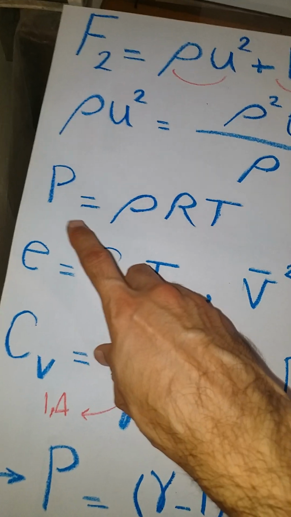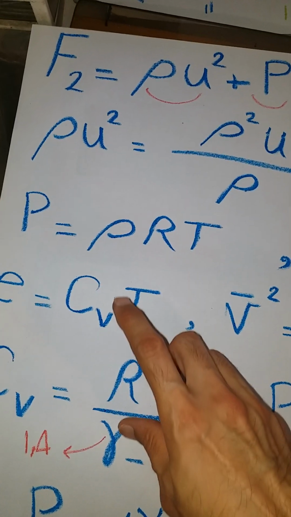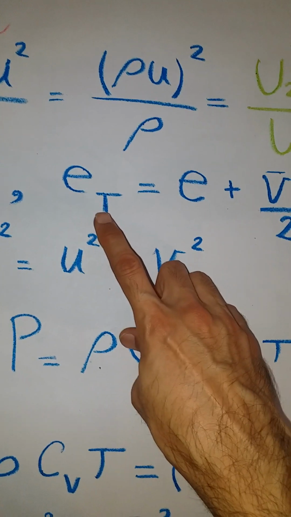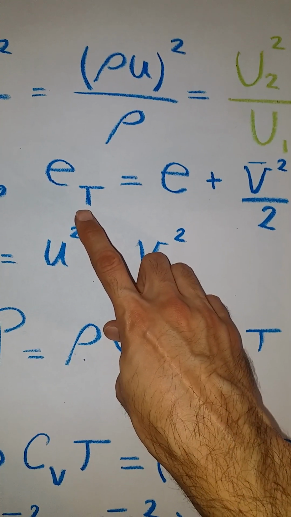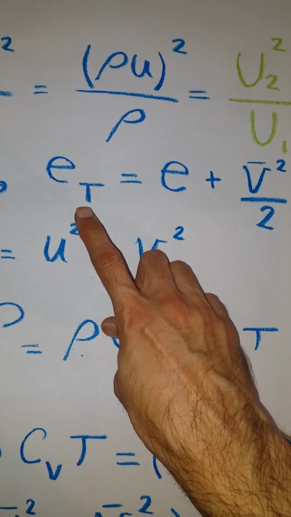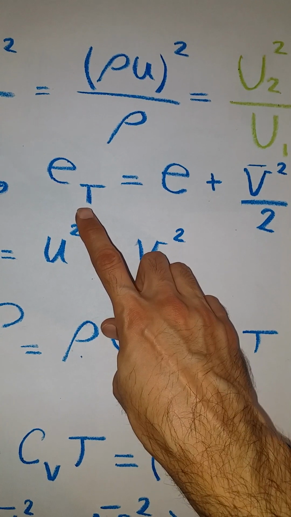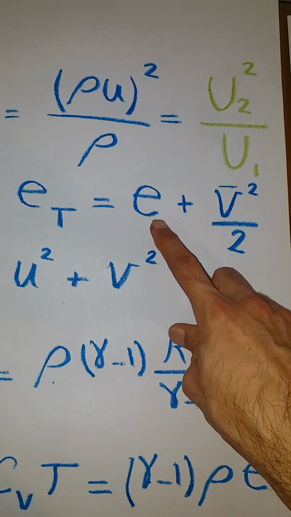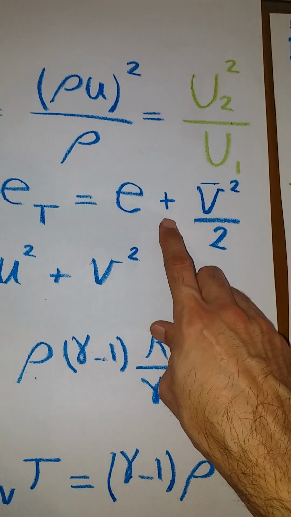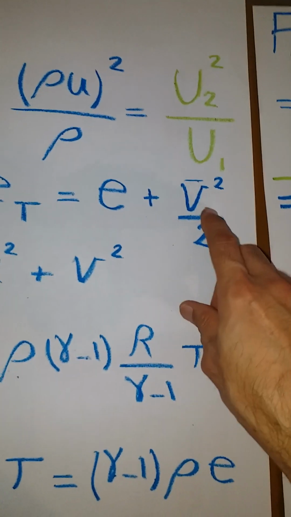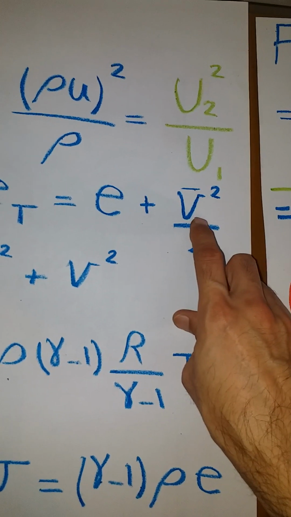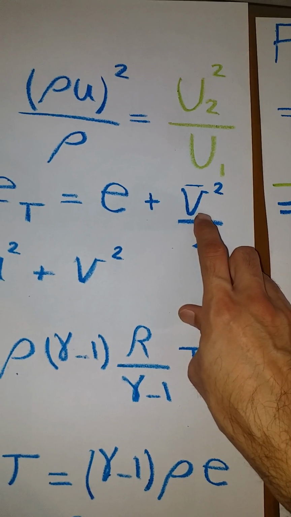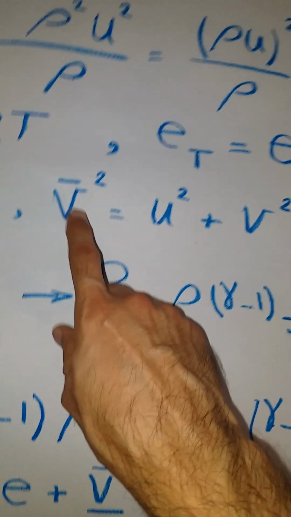Okay, as you know, pressure with ideal gas law is rho RT, and again from thermodynamics, as you know, the total energy content of a fluid element is the internal energy of that fluid element plus the kinetic energy. Here V bar is the total velocity. It means, for example, as you can see here,